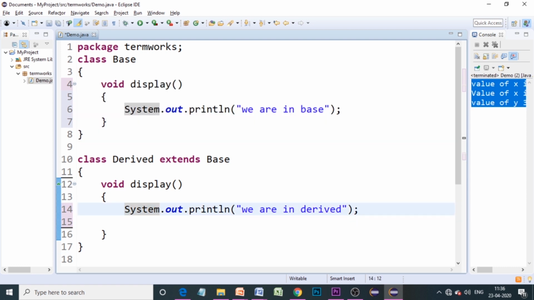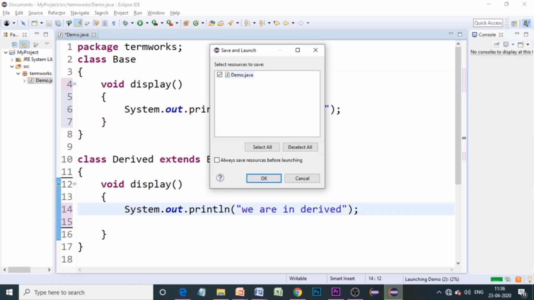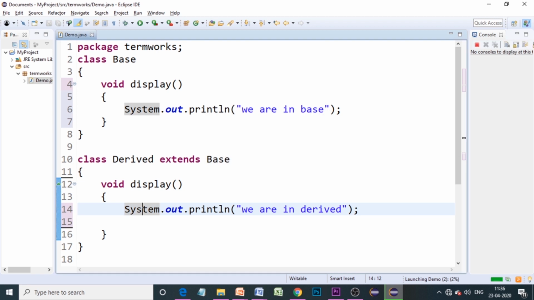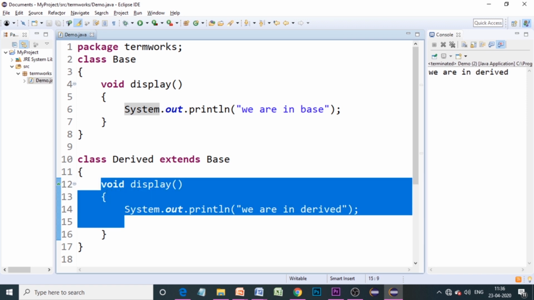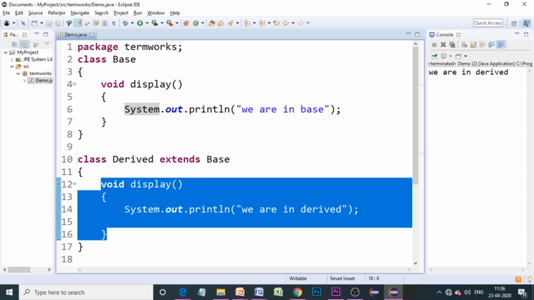So let's run this code. We have compiled this, and let's see what the output is here. The output is we are in derived. That means the display method which is there in the subclass got executed and not the one which is there in the parent class. This is because of the concept called method overriding.